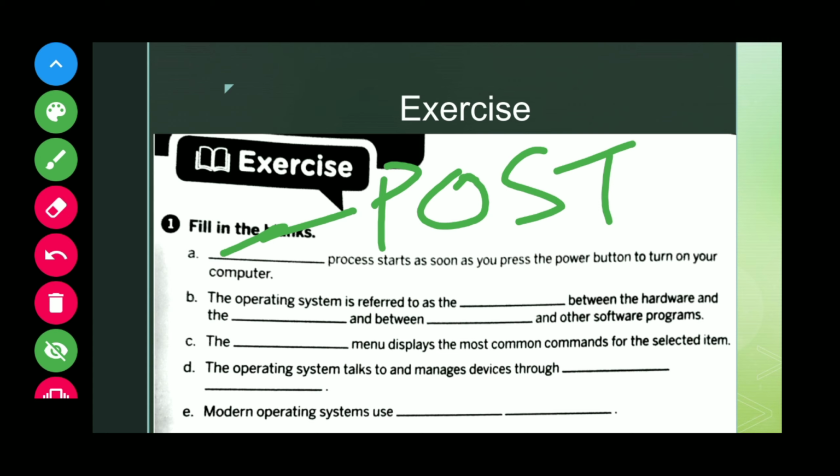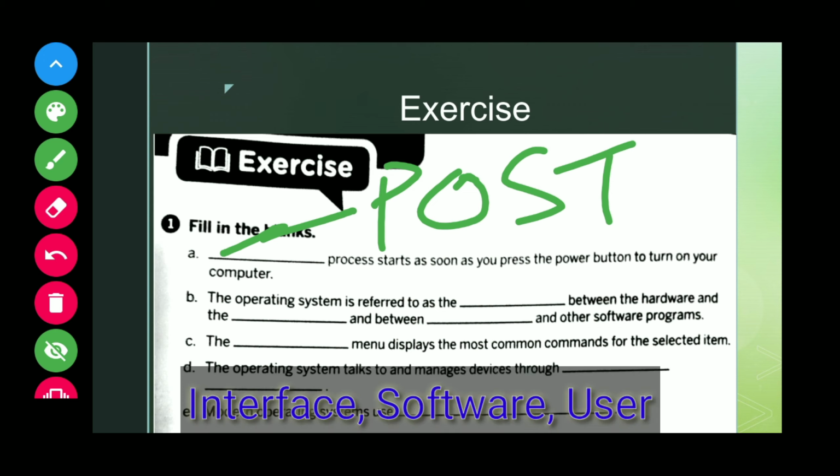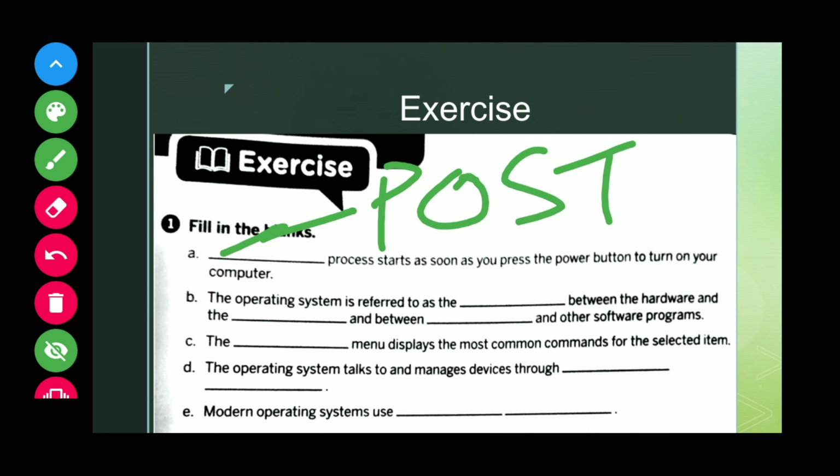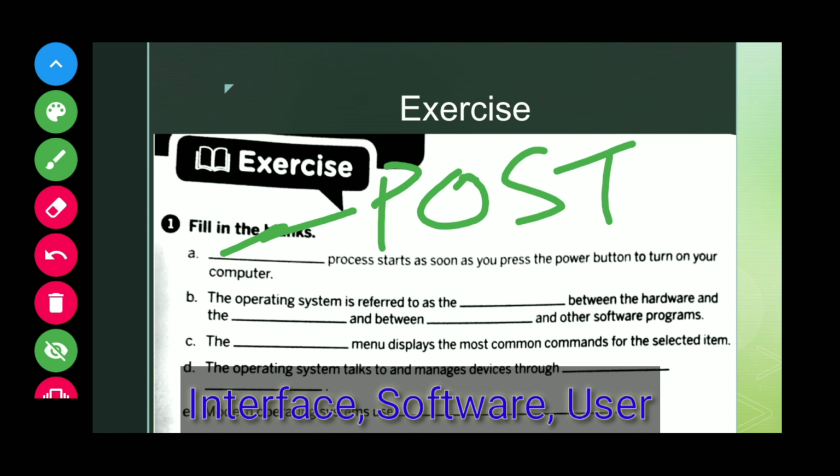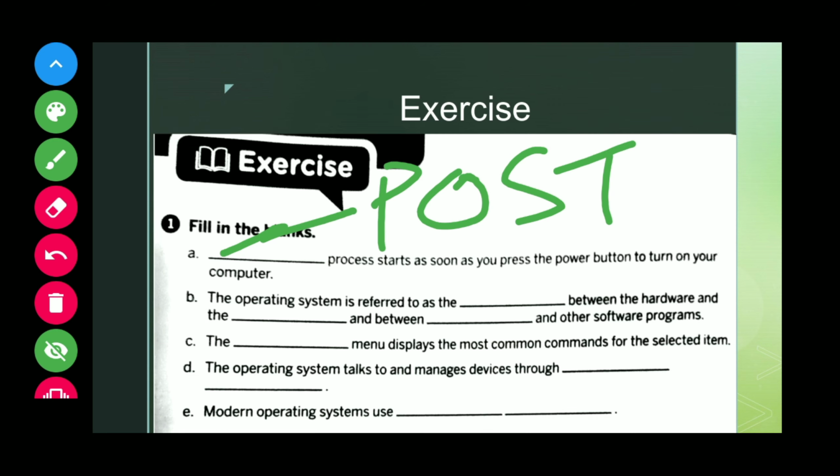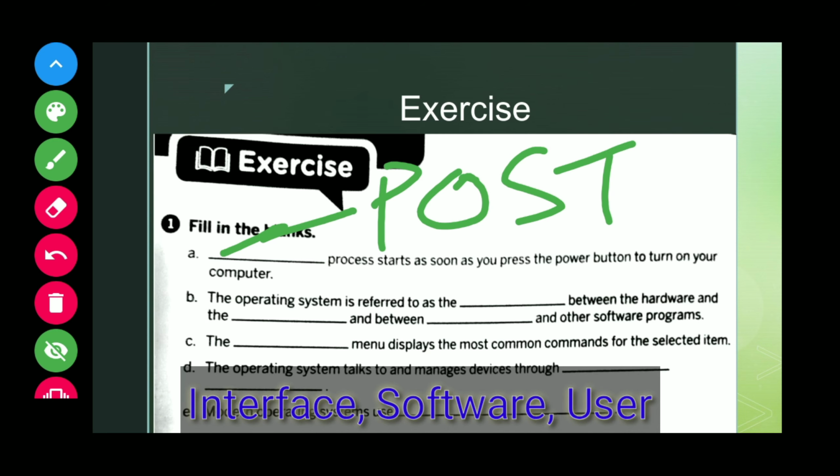Then the second fill in the blanks. The operating system is referred to as the dash between the hardware and dash, and between dash and other software programs. So I am repeating this. The operating system is referred to as the interface. Okay, interface.